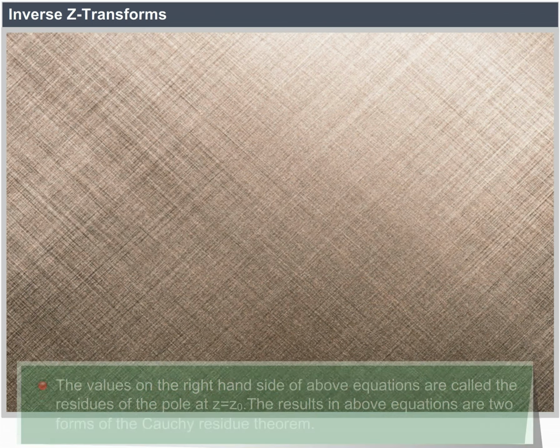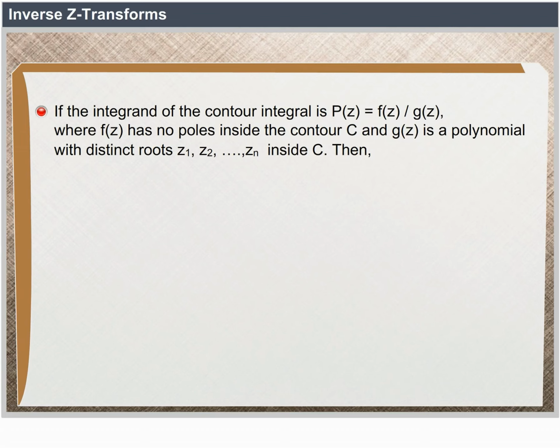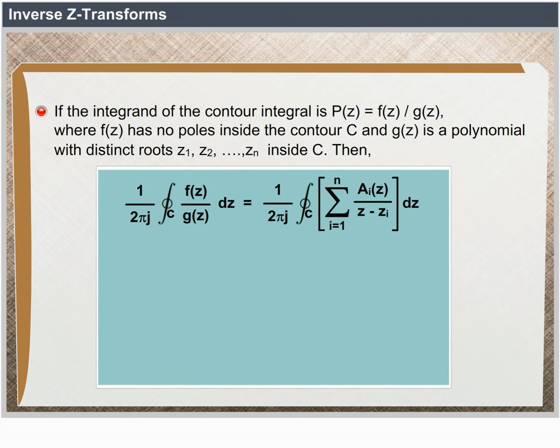If the integrand of the contour integral is p(z) = f(z)/g(z), where f(z) has no poles inside the contour C and g(z) is a polynomial with the distinct roots z1, z2, etc., zn inside C, then 1/(2πj) closed integral f(z)/g(z) dz